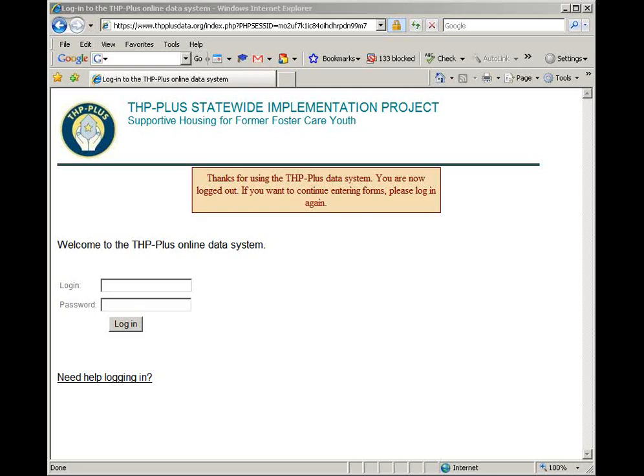Now, if you do not have that information up until now, and you're just starting the system totally fresh, you will just start entering data as is current as of 12/31/08. And again, it will be all participants that are in the program at that point. You want to make sure to have an entrance form for them, because as you saw, that provides the basic overview of the status of the participant, as was the case when they entered the program, and then the quarterly update form for that particular date, 12/31/08.